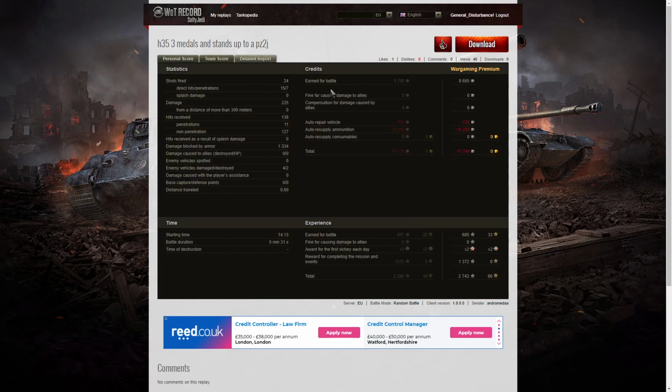When it came to the detail report, we can see that he fired 24 rounds, got 15 direct hits and 7 penetrations, 225 hit points of damage, all at close range. He received 138 hits from the enemy. Only 11 of those penetrated, and quite a few of those actually came from the Panzer IIJ and the other tank that he took out on the hill, the M2 Light. And well, those 11 penetrations actually took away most of his hit points, but the vast majority of these non-penetrating